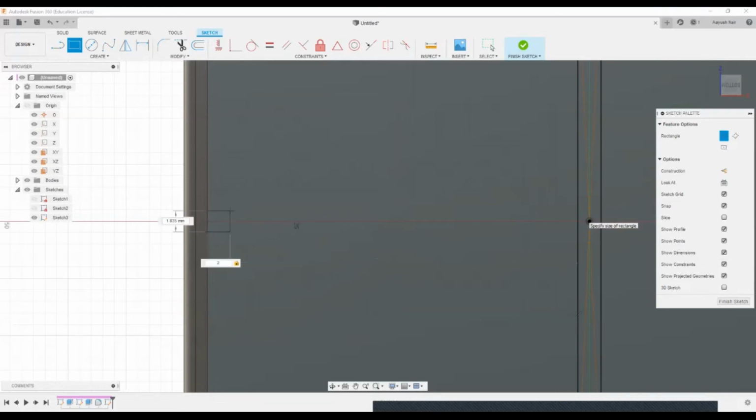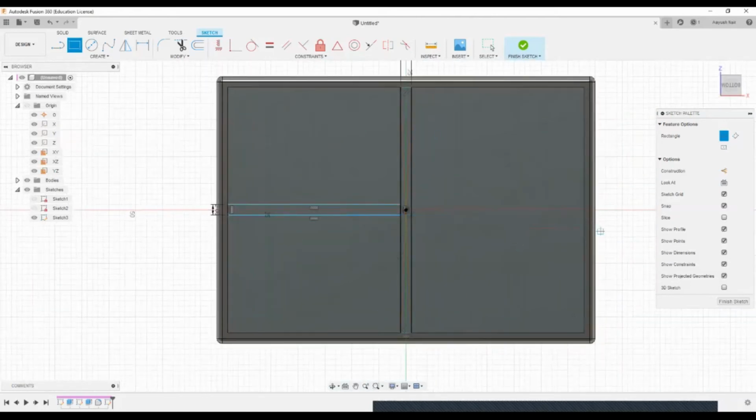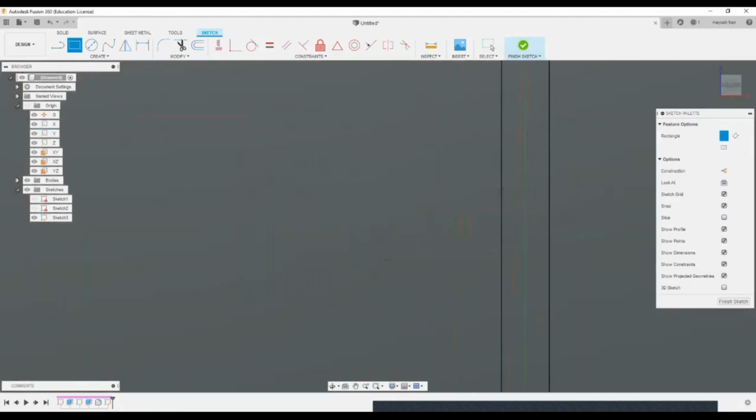Tab and 2. Sorry, 2. This can vary about 2. Wait. Okay, so we got it. So right now we have got 3 parts, right? Well, we can see there is an